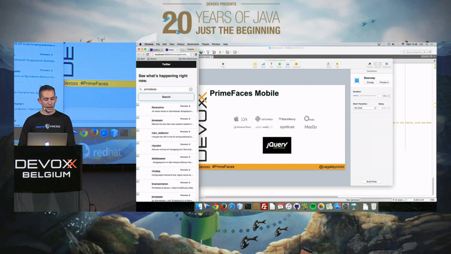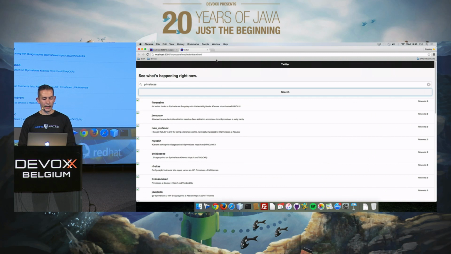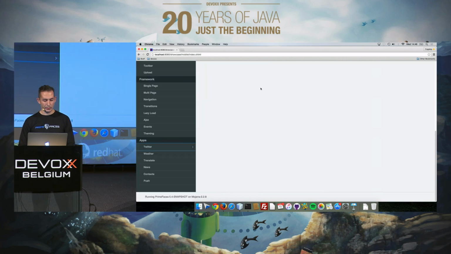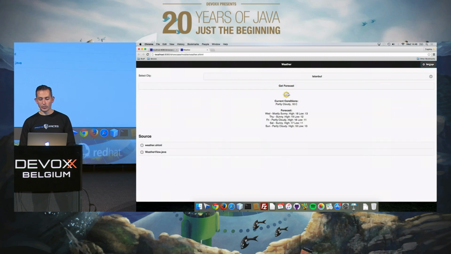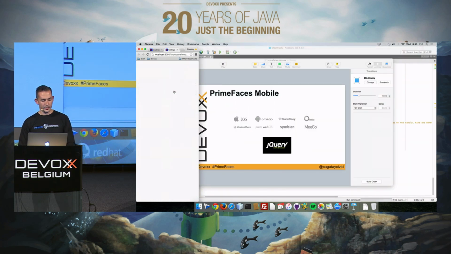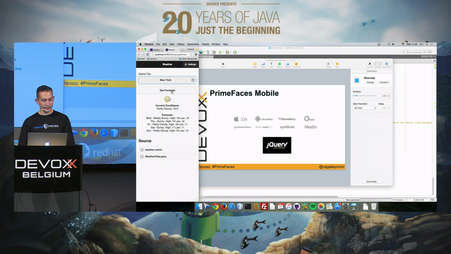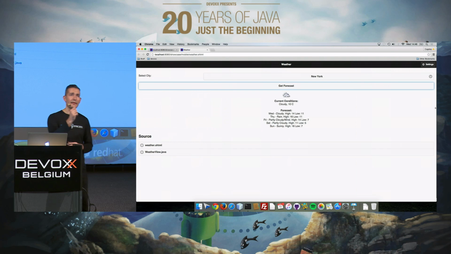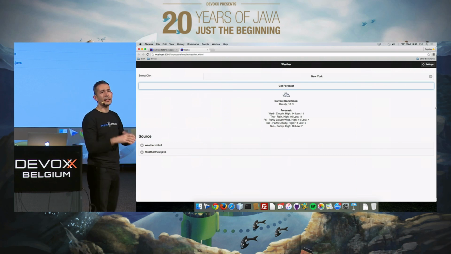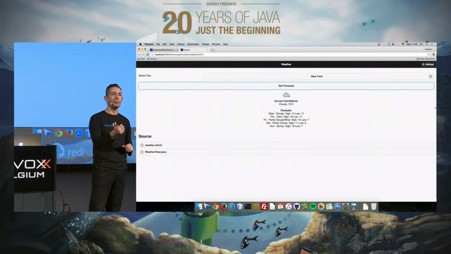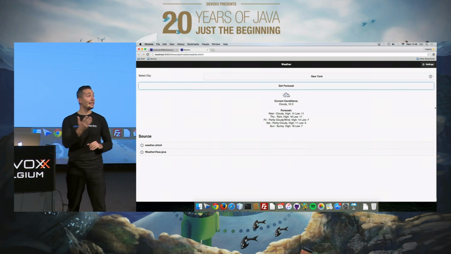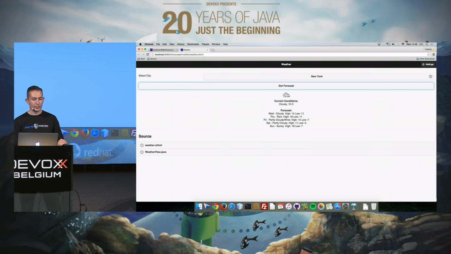And you can have multiple pages as well. These are not native. These are mobile web applications. You can choose, for example, whether you can go to different pages and then come back. And the nice thing is that we also enabled touch events. So for example, you have this data table and data grid. So you want to tap or you just swipe left or swipe right. You want to delete a record. So for example, here,